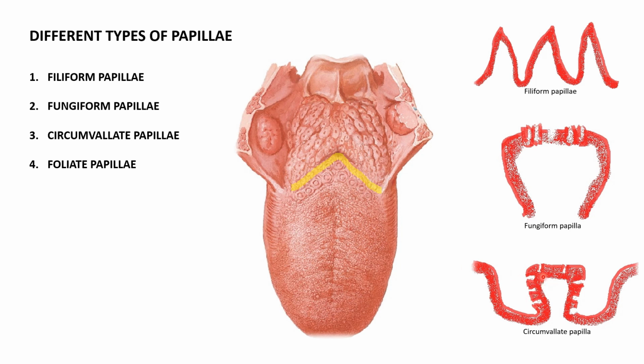Structurally, the circumvallate papilla consists of a middle pillar-like structure surrounded by a sulcus. So this is how its structure is. Remember, there are numerous taste buds in relation to the circumvallate papillae, even at the apex and on the edges, where the maximum number of taste buds can be seen. Again, there is a fourth variety of papillae, the foliate papillae. These are seen at the edges of the tongue, more towards the posterior aspect. They appear as vertical lines at the margins of the tongue.